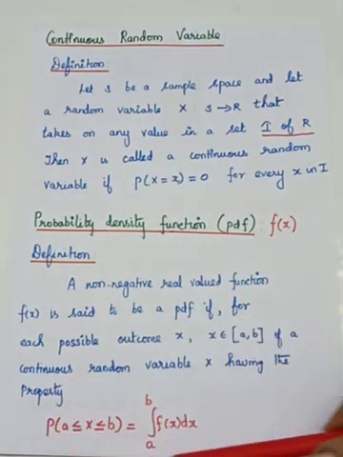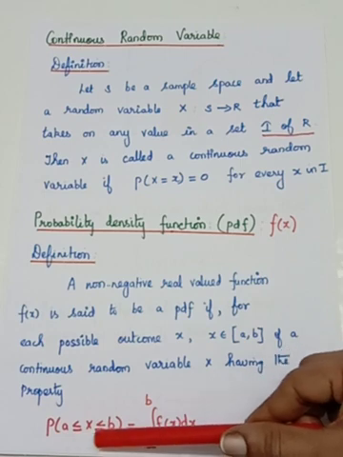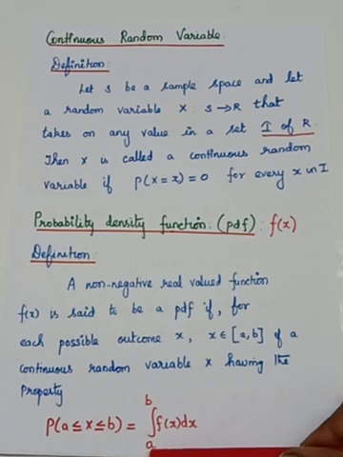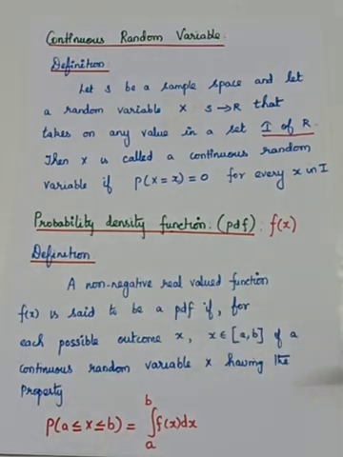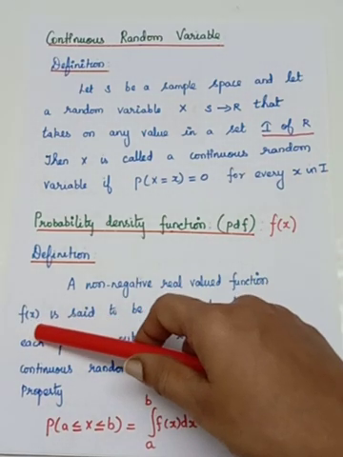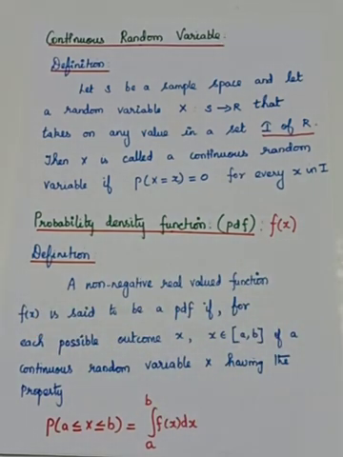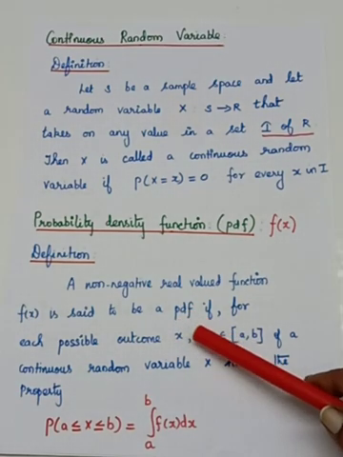The small f of x, the probability density function, has the property P of a less than or equal to X less than or equal to b is equal to the integral from a to b of f of x dx. See the definition now. A non-negative real valued function small f of x, greater than or equal to 0, whose values are real numbers, is said to be a PDF, that is, probability density function,